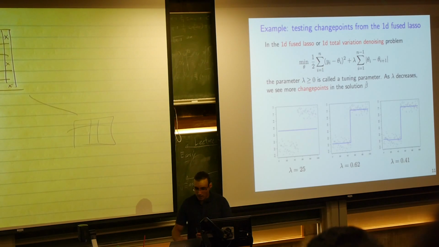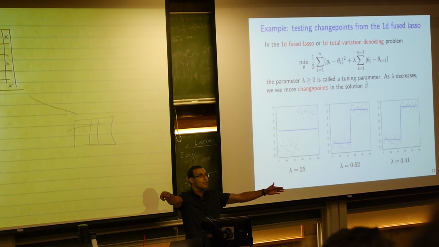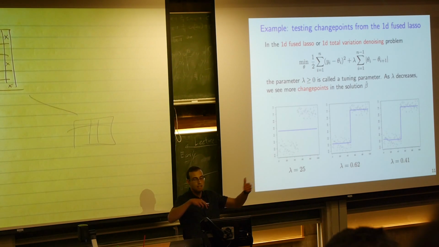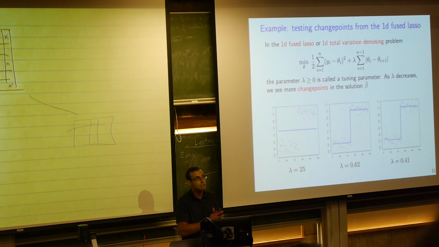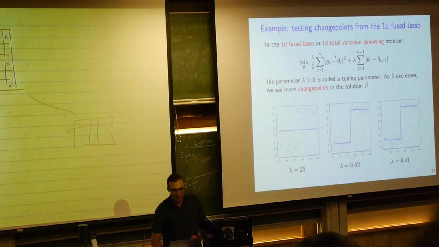Now we have data, again, y1 through yn. But instead of being an unraveled image, it's just data that lies along a line. And I think that the mean of y is itself piecewise constant. By piecewise constant, it's a simpler notion: it just means along that line, rather than a 2D plane. And so we're going to try to find a parameter vector theta to estimate the mean of y